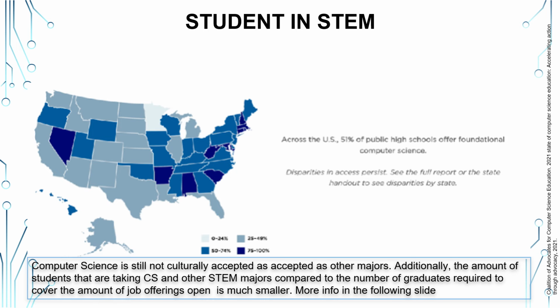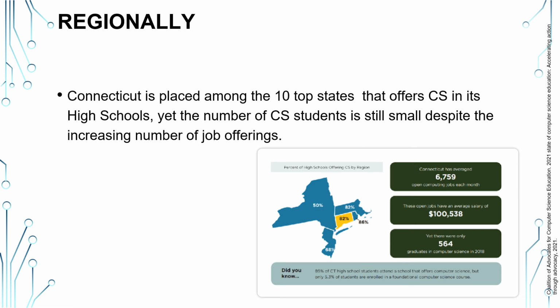And as you can see in the map, Connecticut is actually among the best states to offer foundational computer science courses for high schools. However, the rest of the states are somewhere in between, most of them, 0 and 50%. So that's still not a lot, especially if we take a look regionally. Although Connecticut is among the top 10 states, if we take a look, for example, to these numbers right here,